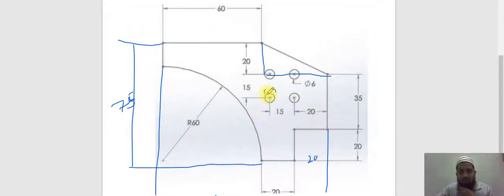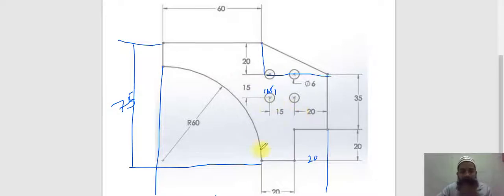So now the first, the center of this circle. Now in this case, if I say this is 100, this is 20, this is 50. So 20 plus 15 is 35. 35 minus 100 is 65. Means this center is at 65. One axis is 65. Writing here 65. I'm using this as a comma.